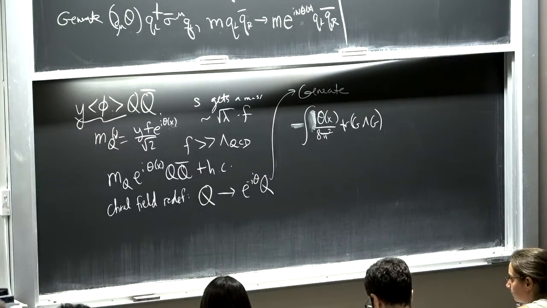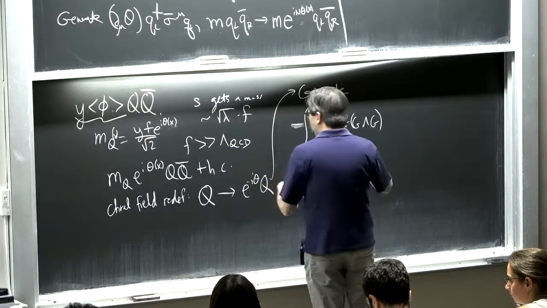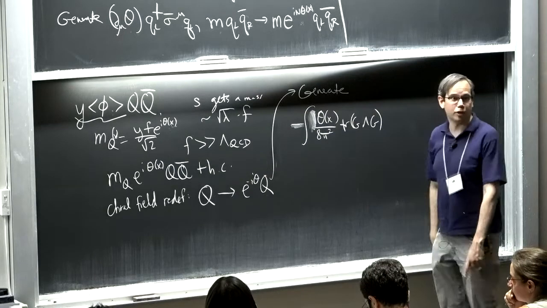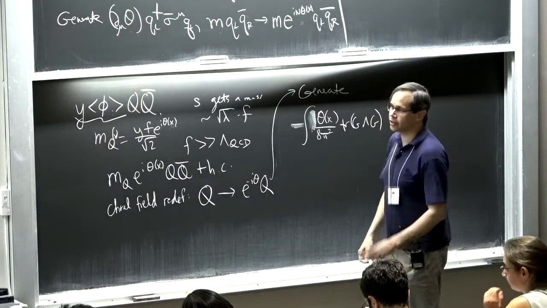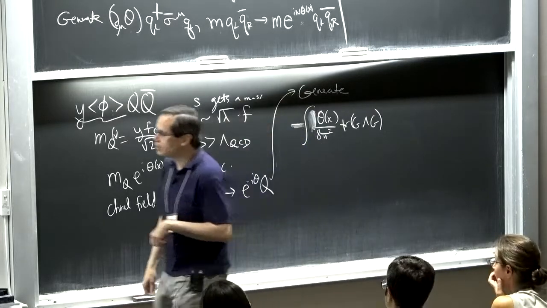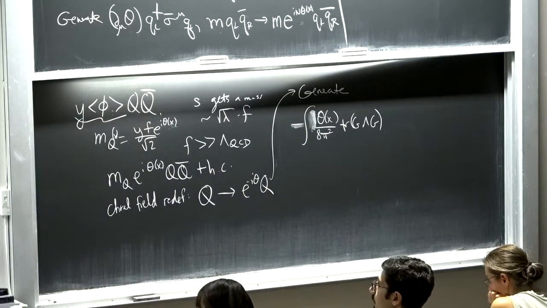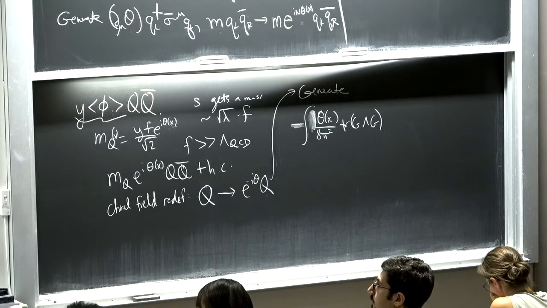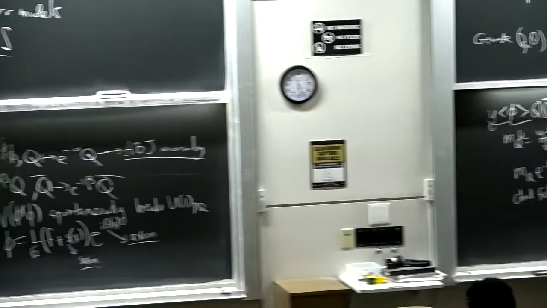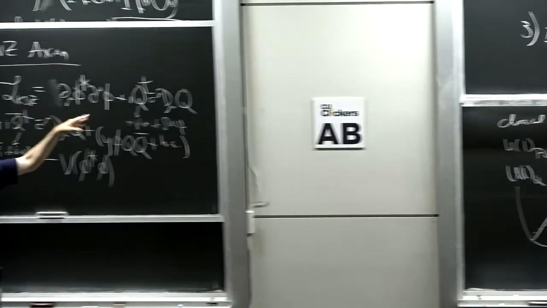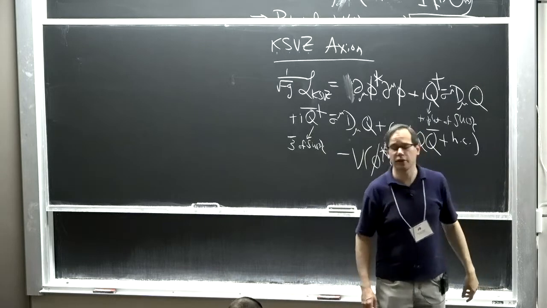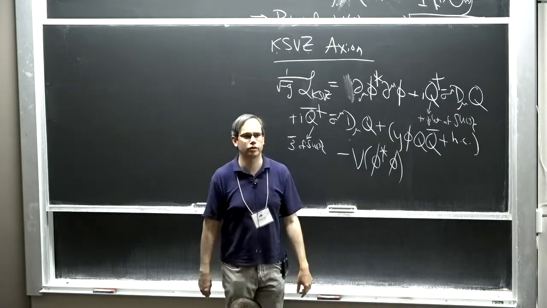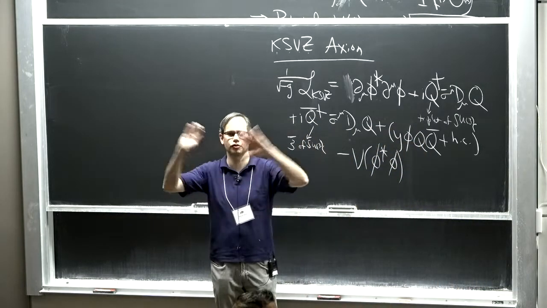But that's the upshot. We can remove all our heavy fields. We keep our light field theta. It has a kinetic term that has this f in it because f was the magnitude of phi. So when I expand out, I also shouldn't have had a half here. So really don't trust me on order 1 factors. When I expand this out, I will get the 1/2 f squared d theta squared like I wanted. And I got the coupling of theta to the gluons by doing this field redefinition. And then theta doesn't talk to the heavy things, and I can just forget about them.